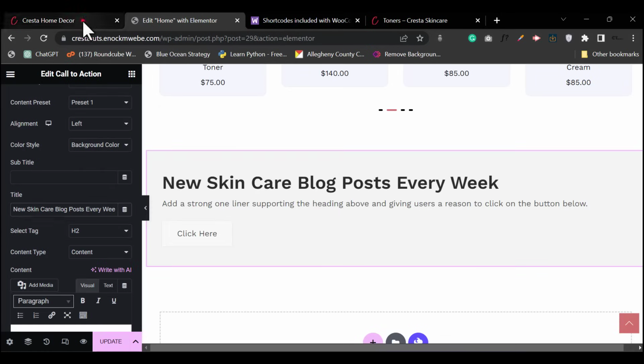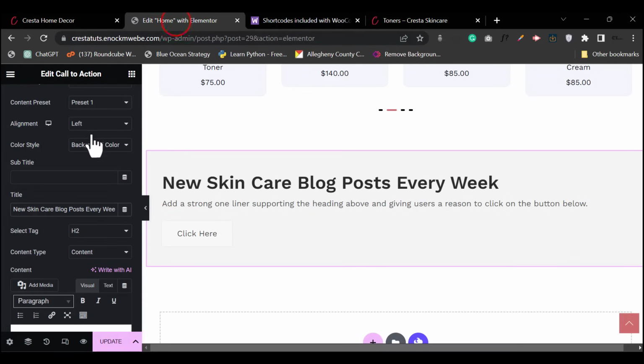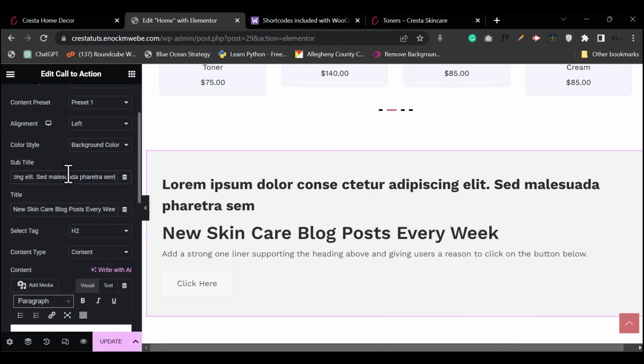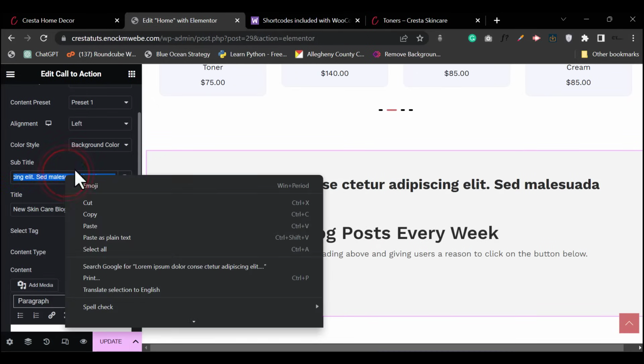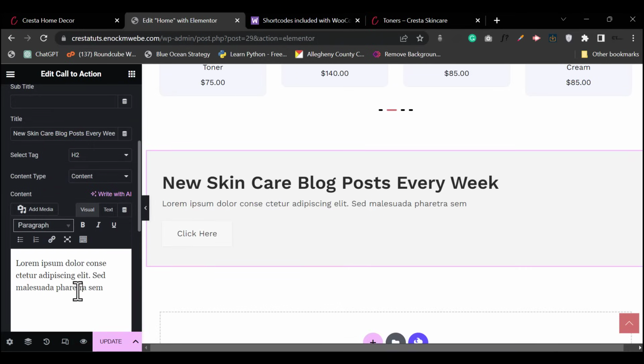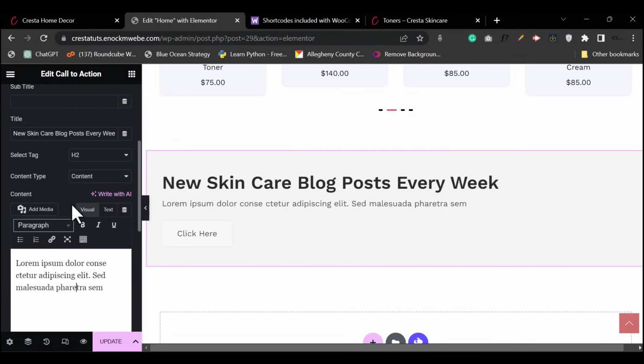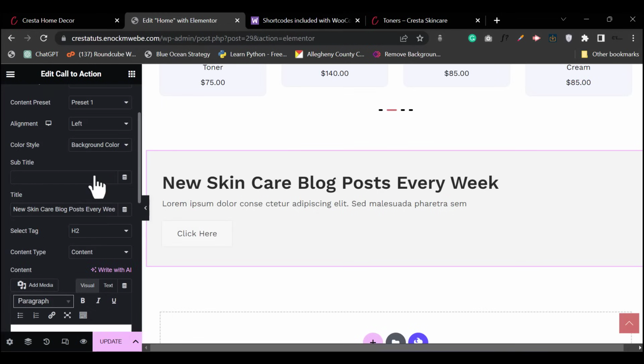Okay, then I also copy that and maybe I'll paste it under the subtitle, something like that. Or I'm not supposed to place it there, so I just cut this and I'll paste it in right here. Okay, so I think this looks good. And so we have this button here. Then if we can edit this, we can say, hold on. Okay,